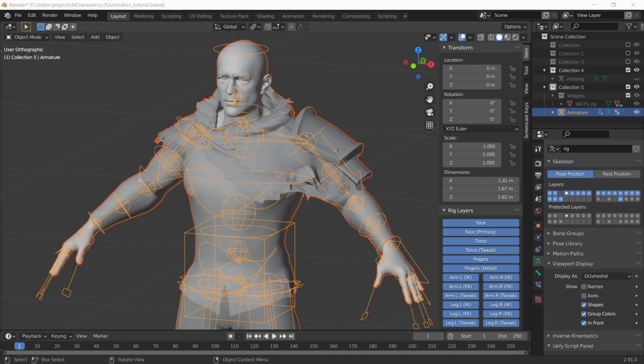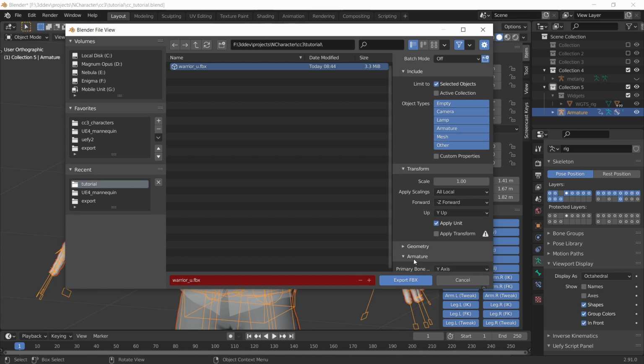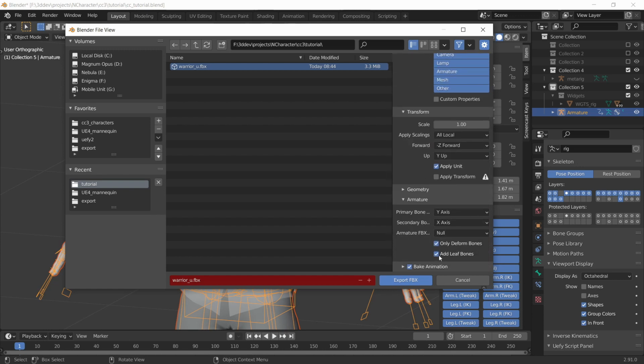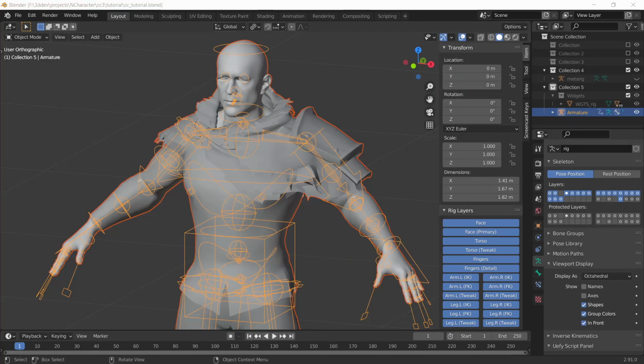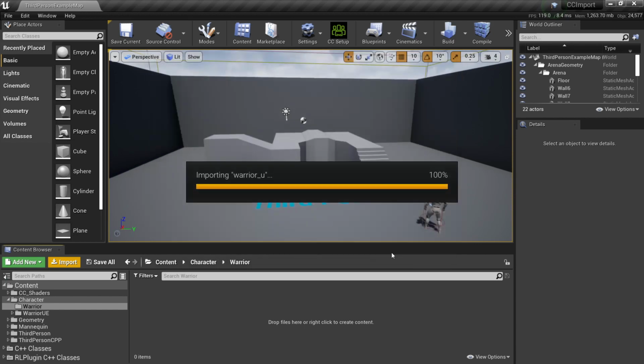Then I will select the name of the export file, Selected Objects Only, and in armature, I want only the deformed bones. We don't want to add any leaf bones, and we're not dealing with animation right now. So just export FBX. In Unreal, I will do import, select the file, open,